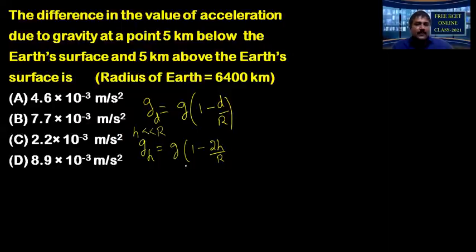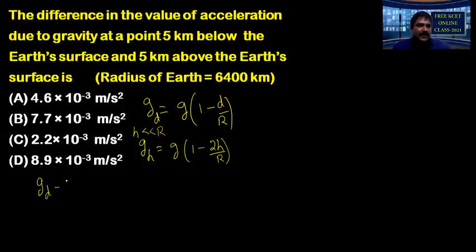Okay. Now, as h is also 5 kilometer, D is also 5 kilometer, and remember D by R and 2h by R. If I take h as D or D equal h, 2D by R. So therefore, this 2h by R is double the D by R. So this we are subtracting from 1. So GH is lesser than GD. So now the difference is required as per the question.